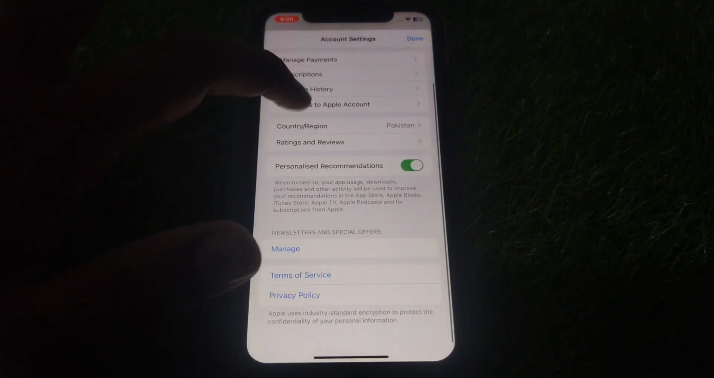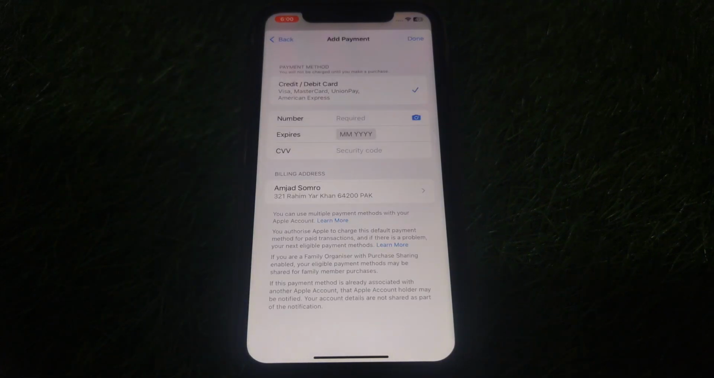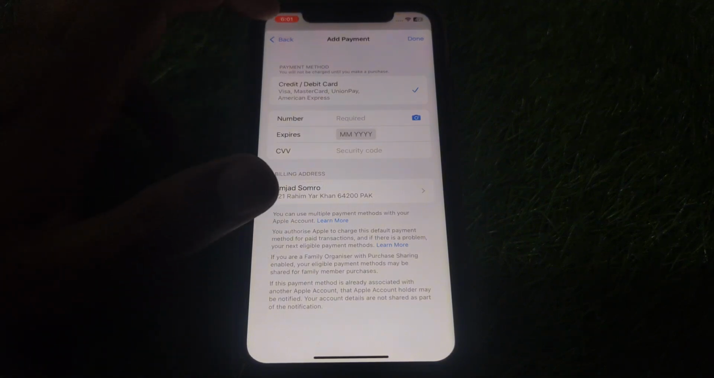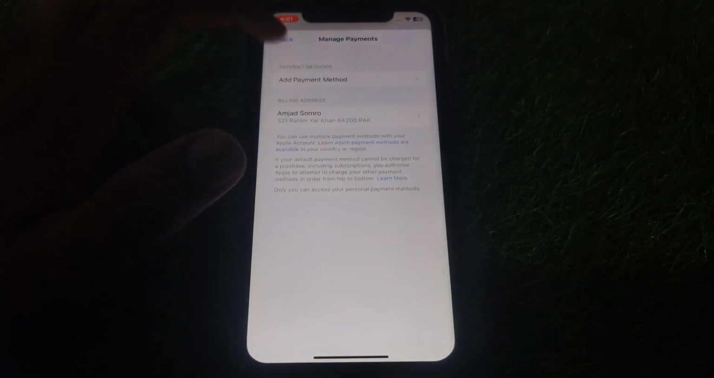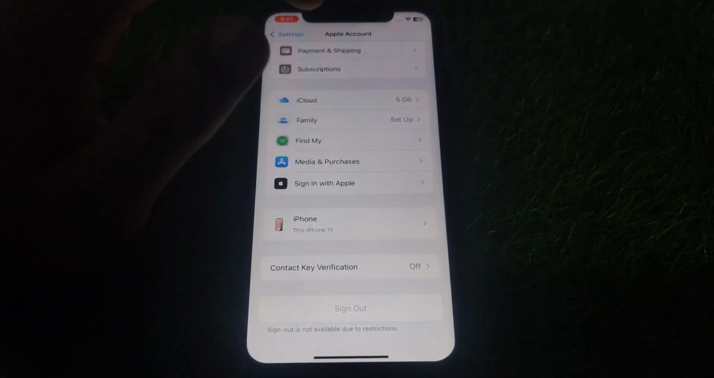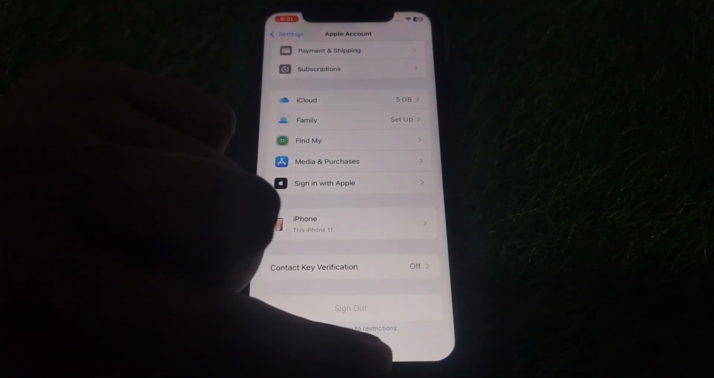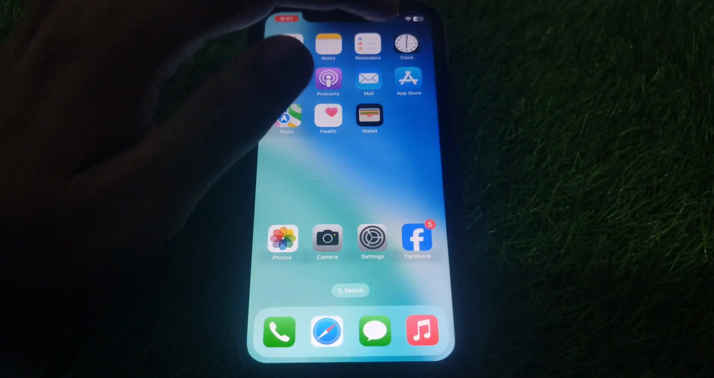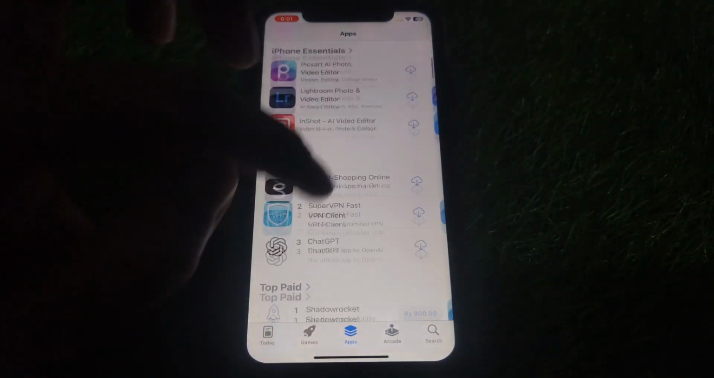And here you can find Manage Payments, and here you can add your payment method. You can add any payment method like credit card, debit card, UnionPay, and American Express. After that, you have to provide all the details of your payment method. Then, as you try to download and install apps, it will not ask for the billing information again. The second method is that you have to open the App Store,